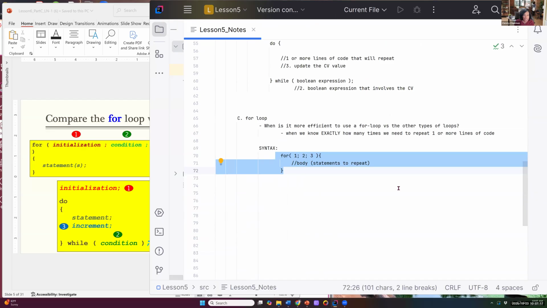When would you choose the for loop? When is it more precise, or more efficient rather, to use a for loop versus the other two types of loops that exist? It's when we know exactly how many times we want to execute one or more lines of code, right? We know exactly how many times. And so when we